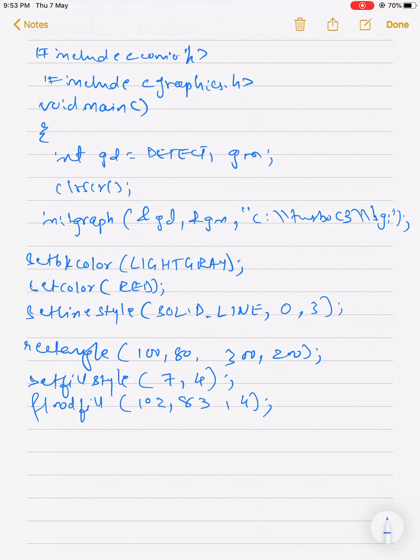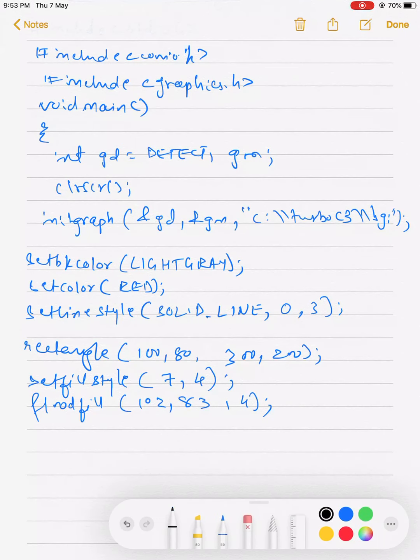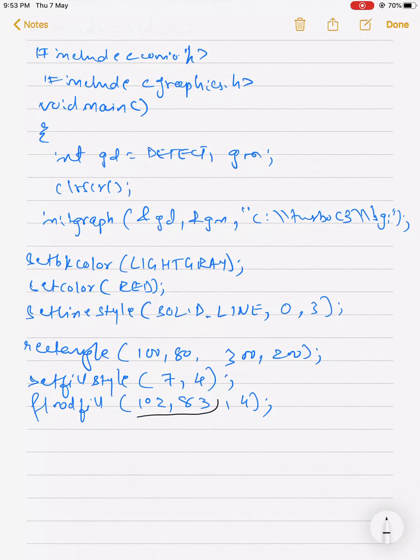Okay, now observe this thing. Here, what things you need to observe. Check out the coordinates. It is just 2 to 3 pixels inside: 100, 102, 2 pixels; 80, 83, 3 pixels. Now what kind of line have I selected? A thick line which covers 3 pixels. So this will be filled on the external side. Why? Because this is just the outside coordinate for 102.